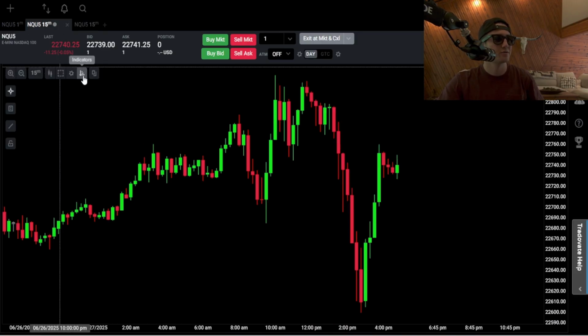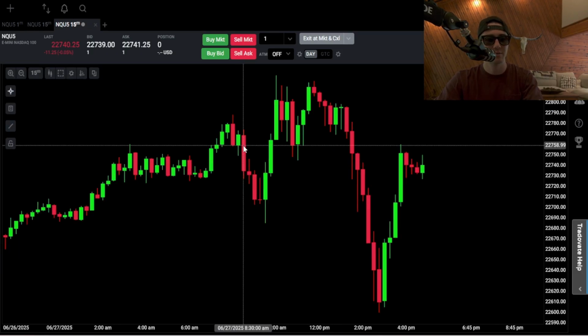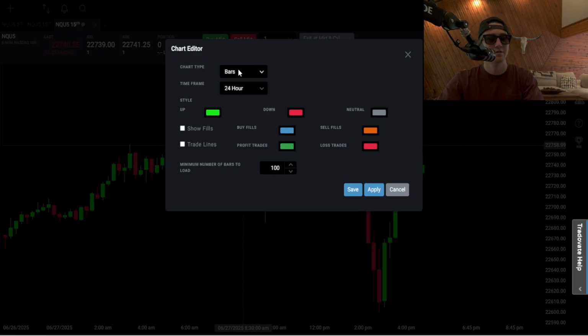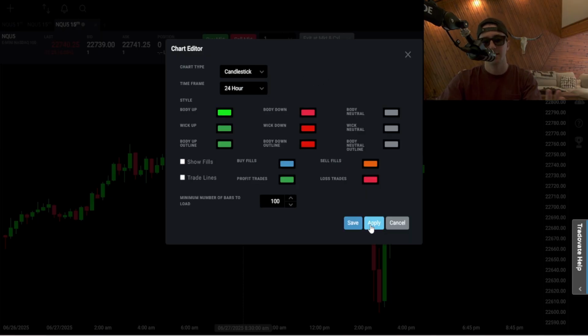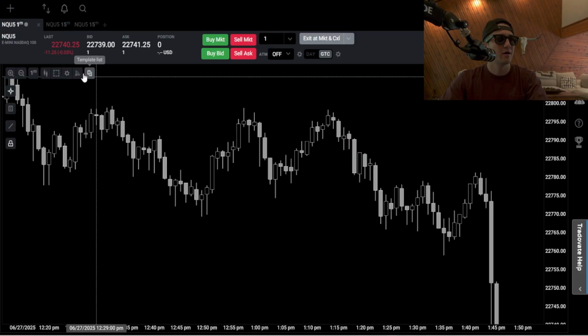The chart colors work as well. Just have to, like I said, double click on the candlestick or on the bar, so it'll look like this. But click on it and then change it to candlestick. Apply, save. You're good. Now, personally, how I like to have my